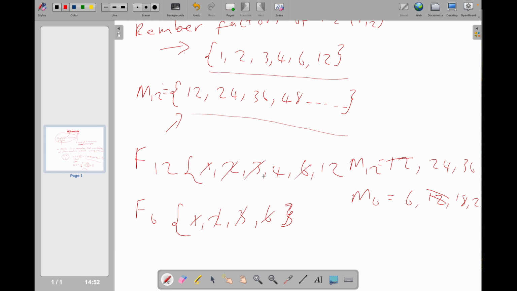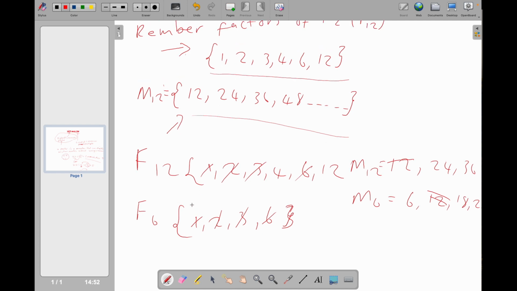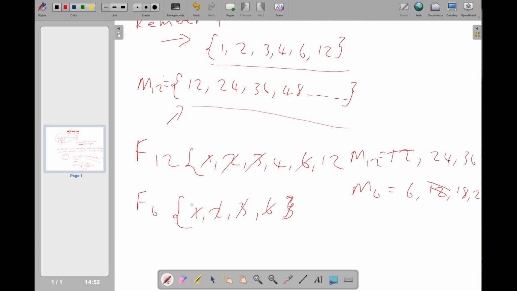So now when we come back to what we were talking about, we said we want to talk about the lowest common multiple and highest common factor. So let's start with